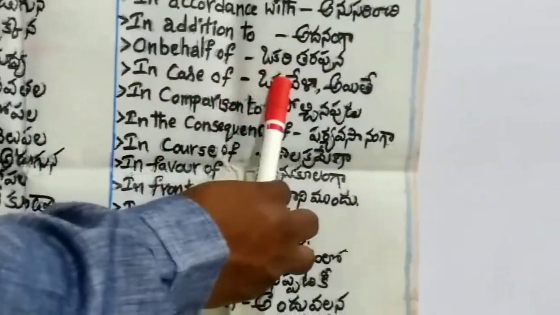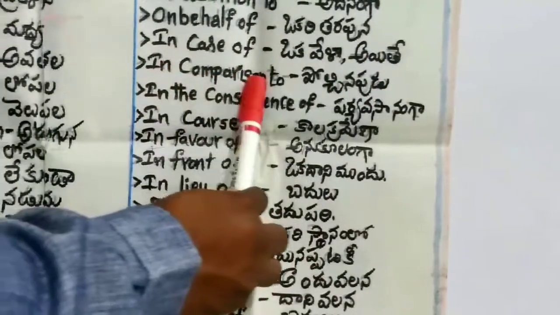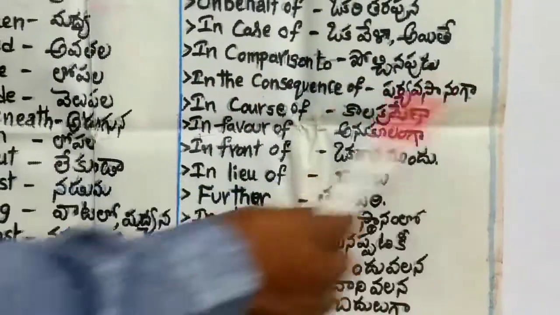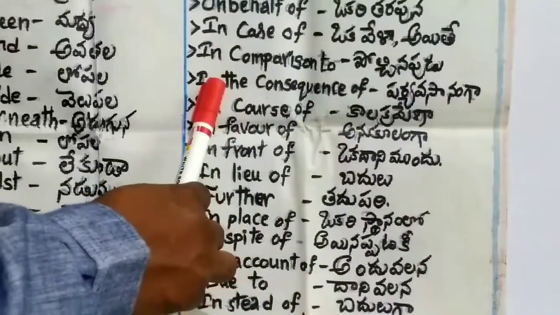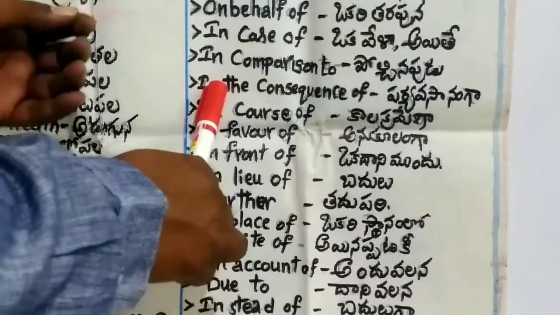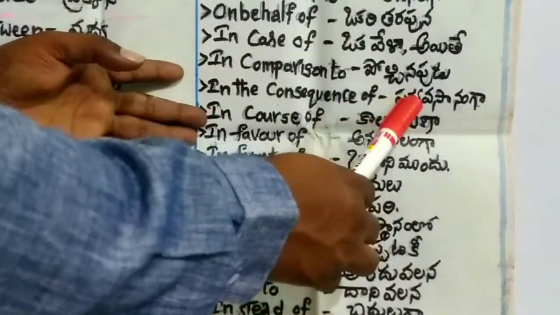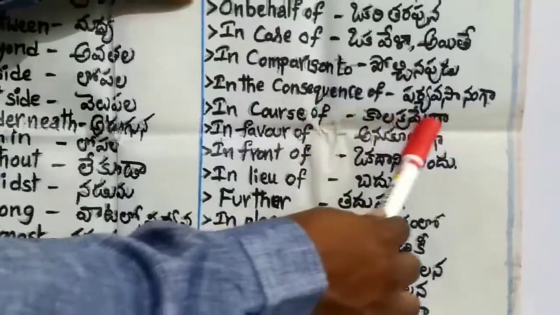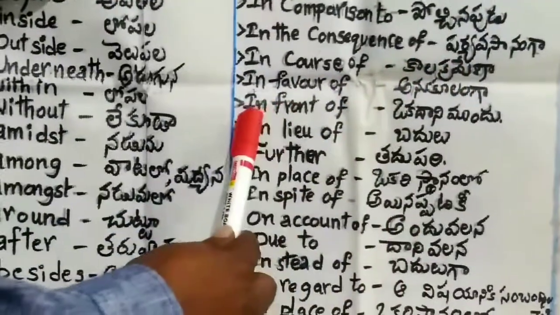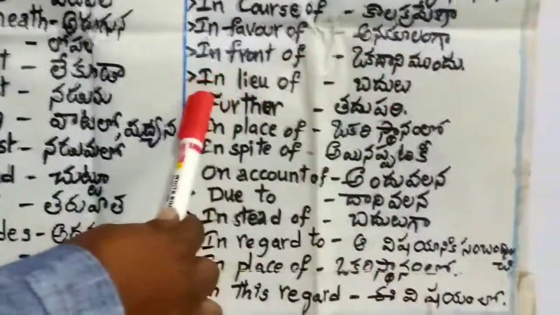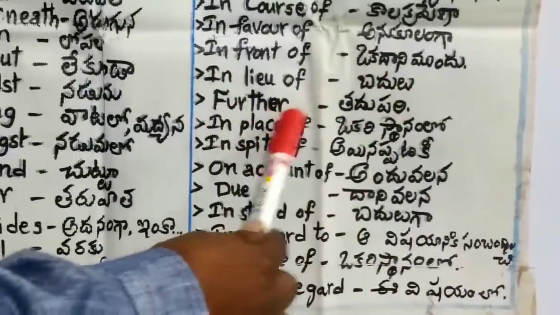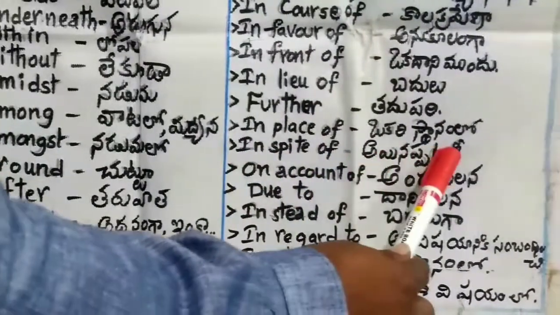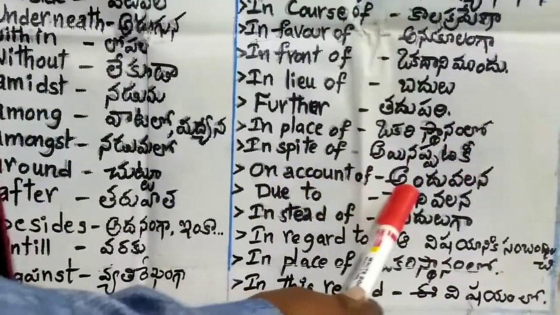In case of ఒకవేళ లేదా అయితే, in comparison to పోల్చినప్పుడు, in consequence of పర్యవసానంగా లేదా ఫలితంగా, in consequence of. Okay, Germany was very damaged in consequence of the Second World War. In consequence of the Second World War, like that we can use. In course of కాలక్రమేణా, in favor of అనుకూలంగా, in front of ఒకదాని ముందు, in lieu of బదులుగా,